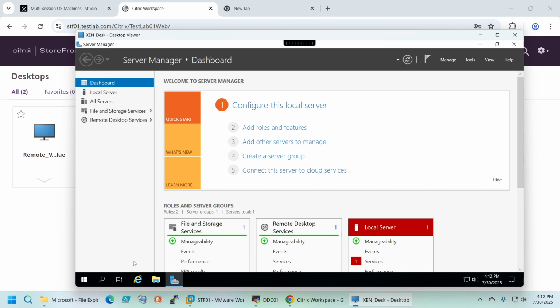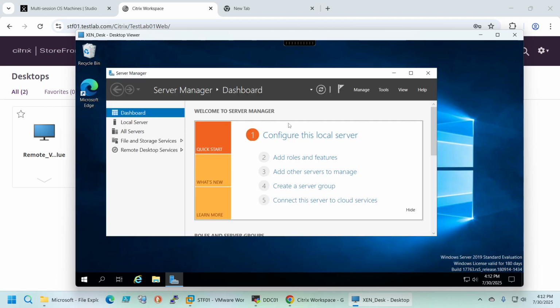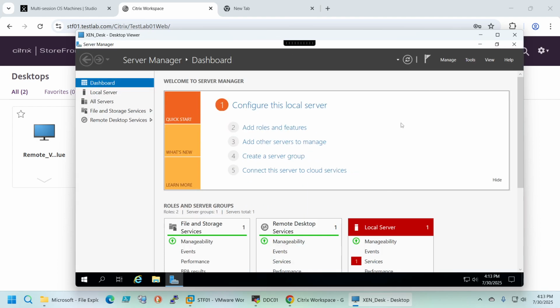So I have an OS 2022, and I just want to check my licensing, my RDS licensing server, to see if it's up and running, if this machine can get to it and can obtain a license. I don't have a licensing server, but I will show you